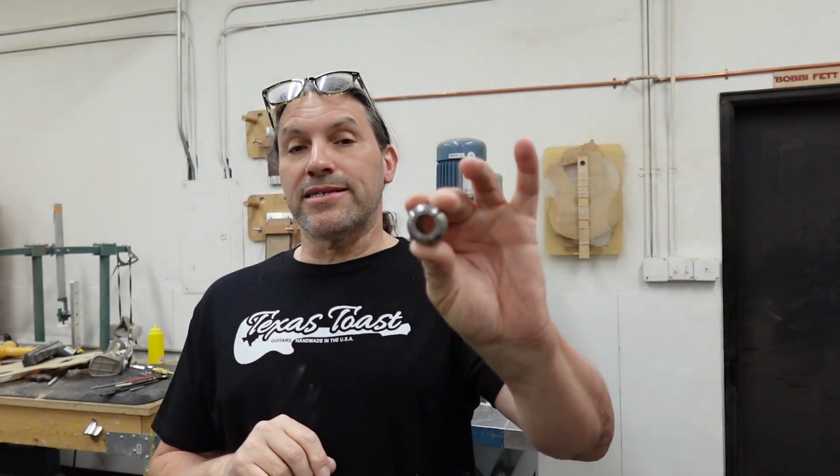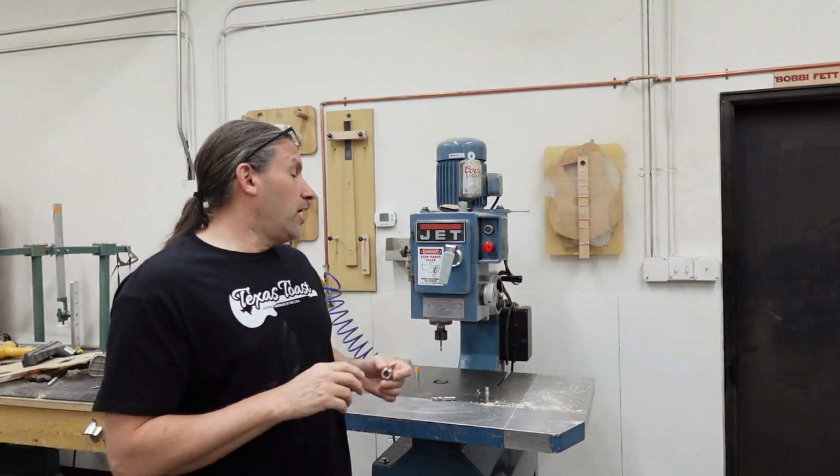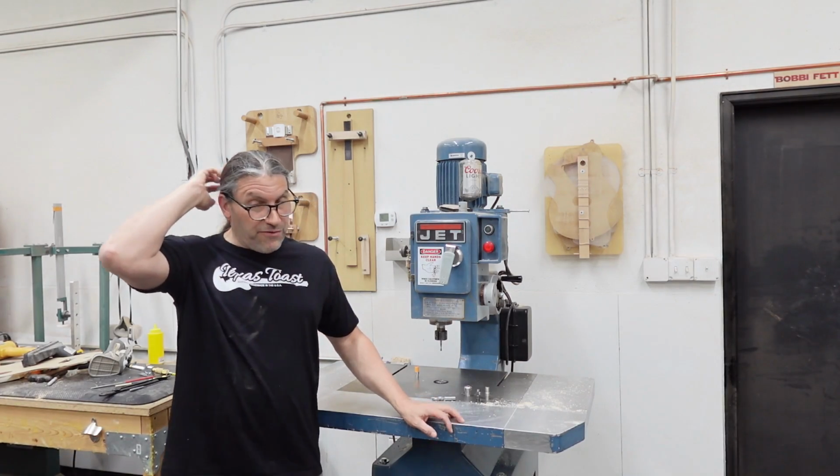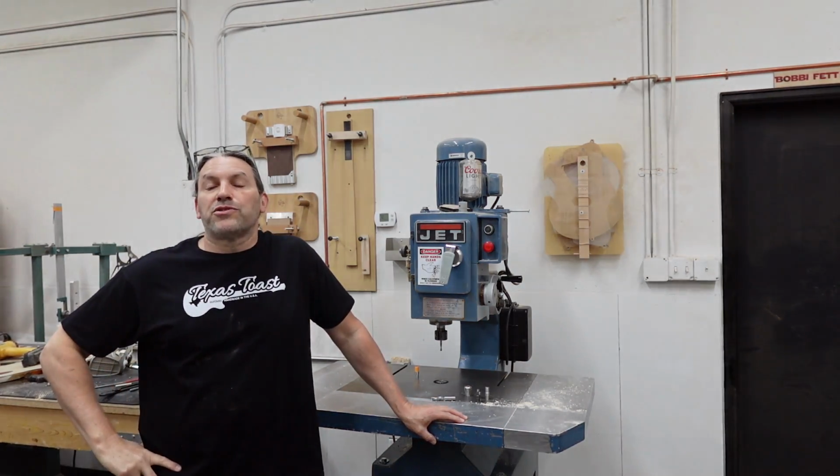Now, guys, if the pin router that you want to buy doesn't come with these collets, I would say walk, run, never go back, unless you can get it for like scrap metal prices, okay? Without these collets, you're basically dead in the water. I'm not suggesting that nobody can make these, but I don't know anyone who can. I'm sure somebody can. But here's what I do know. You can't just call up Jet and say, hey, I need a collet for a POR 22-1, because they don't have them, okay? The other thing is I would avoid the previous models to the POR